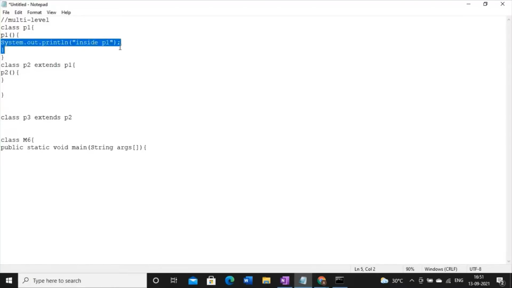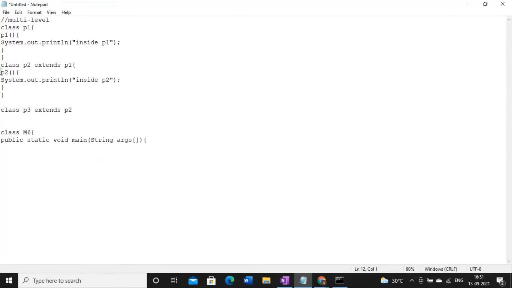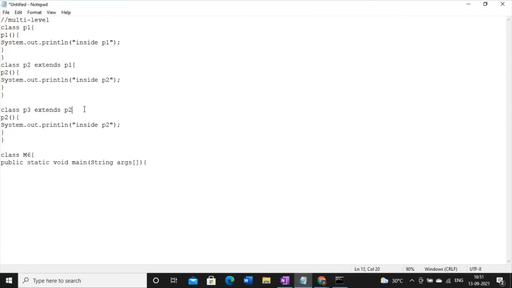And finally, inside P3, again I have to create one constructor, and the constructor name should be the same as the class name.